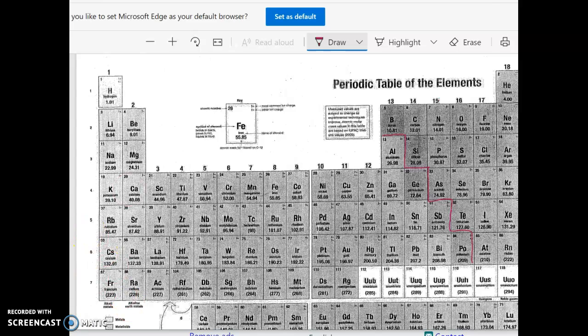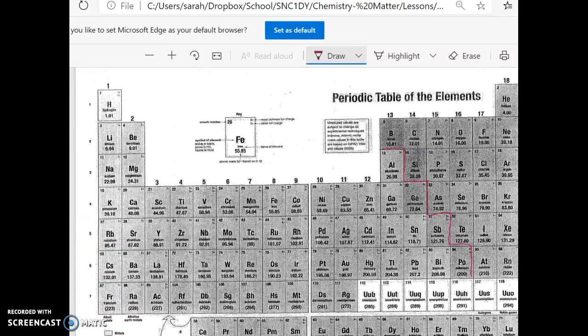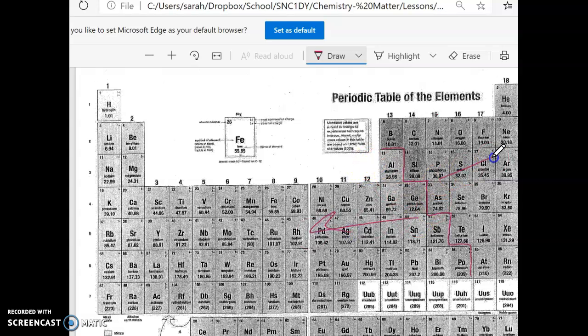So the staircase is really the separator from metals to non-metals. But the elements that are along the staircase are known as the metalloids, and it's actually not everything on this staircase. Aluminum is a metal, and astatine is a non-metal. So it's the other elements that are on this staircase: boron, silicon, germanium, arsenic, antimony, tellurium, and polonium. These are your